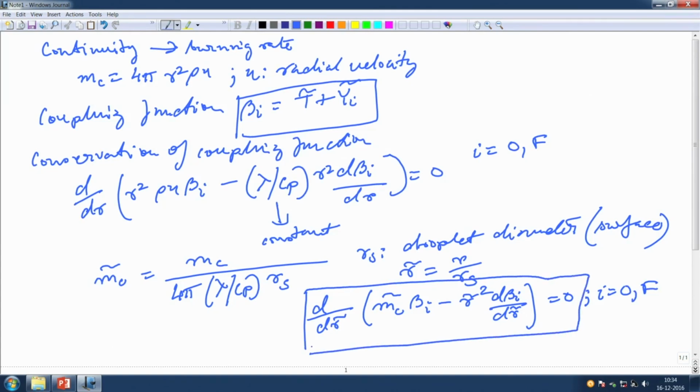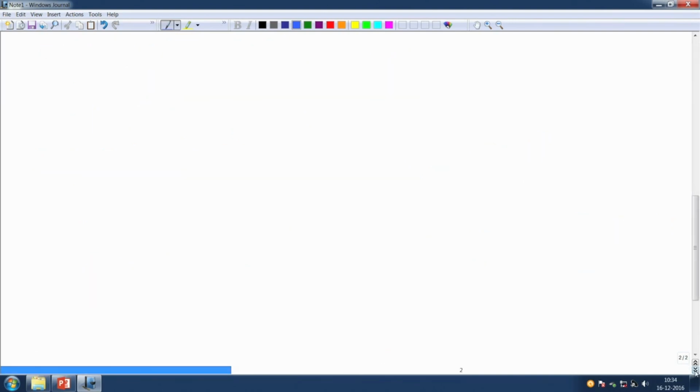Do not be too much bothered once again about the math. This is a very simple equation that we have written, and this is basically the burning rate. The burning rate has been normalized, and we have just used the normalized variables for the next few things. Now, if we evaluate the first and second integrals,